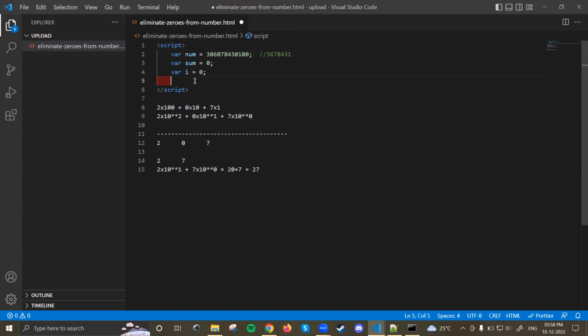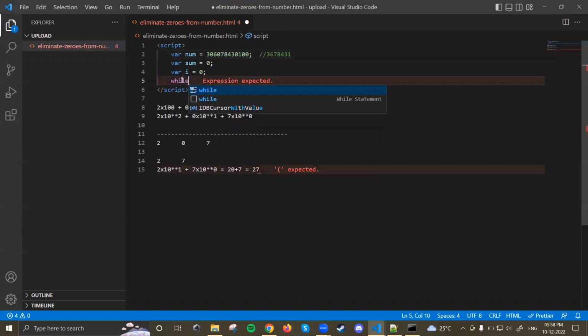So to separate the digits one by one, we have to do it again and again, right? We'll separate this 0, we'll separate the other 0, then 1, 0, 3, 4, 8, 7. So everything will be in a loop. So let me use a while loop here. Initially the number is a big number. Later on, when I separate this last 0, I have to remove this 0 from this part. So num will be left with